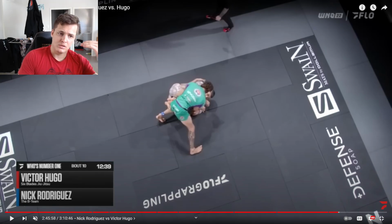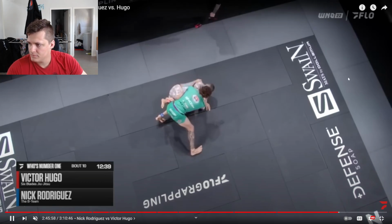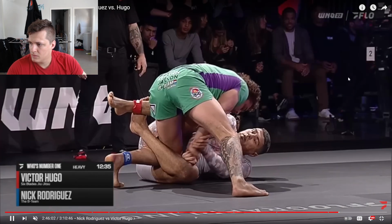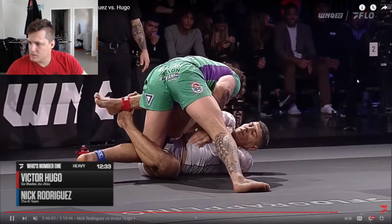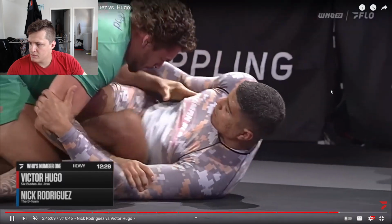And the more chances you have to make a mistake, the more chances there are for the other person to capitalize and you lose. So he should not be doing this that you can see with his hand. He should be latched onto the hip. And it's obviously very difficult work for Victor Hugo, but they're not nearly at the end of their